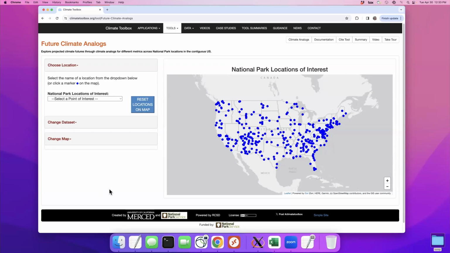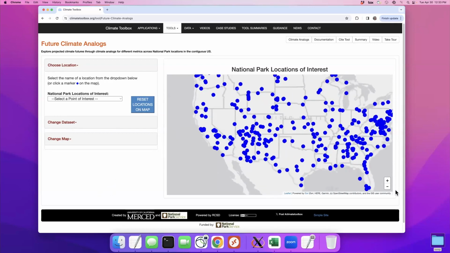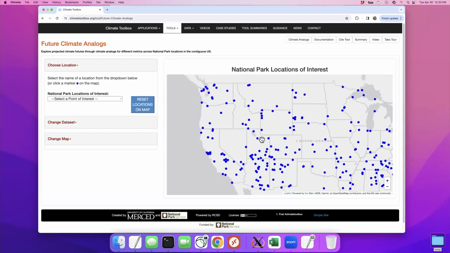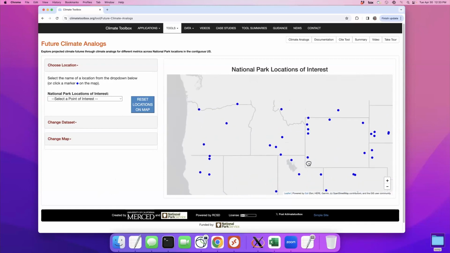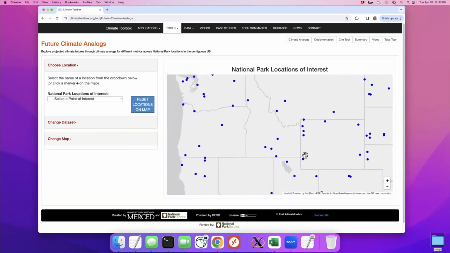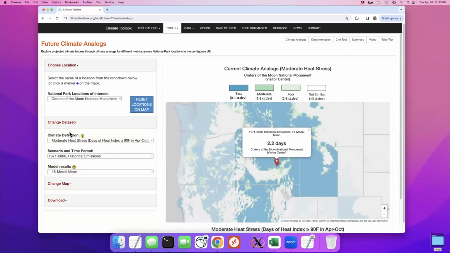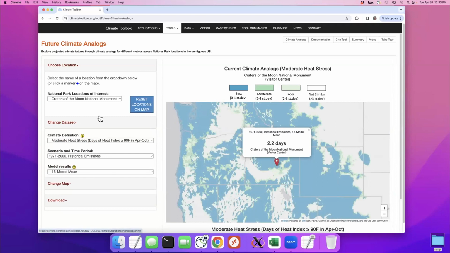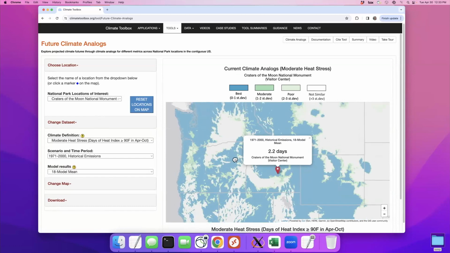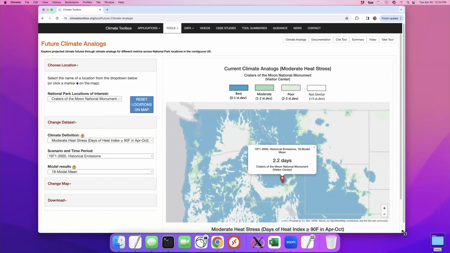This tool is actually just available for national park locations, but it's amazing how much information you can get. This is one of the reasons why I chose Craters of the Moon. Craters of the Moon is a national park here in Idaho, and I can select that location. And then the next thing we can do in this tool is to select a